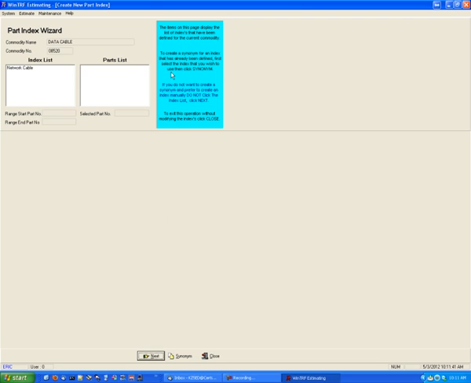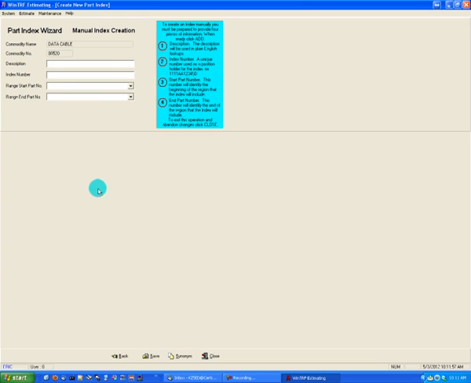On the right hand side of the screen it describes the procedures that should be used to create a new index manually or create a new index using a synonym. We're creating one using a manual procedure, so I click on the next button, and the first thing I need to do is give it an index name. So we're going to use network cable Cat